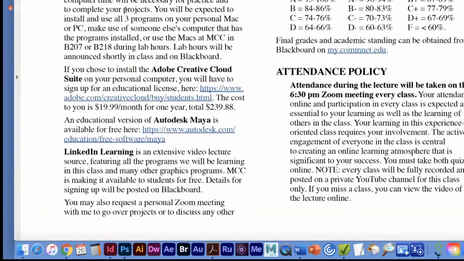You'll be expected to install and use all three programs on your personal Mac or PC, or make use of someone else's computer that has the programs installed, or use the Macs at MCC in B207 or B218 during lab hours. So if you don't have the ability for one reason or another to install the programs on your computer,